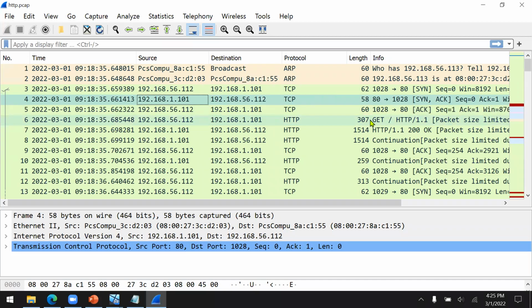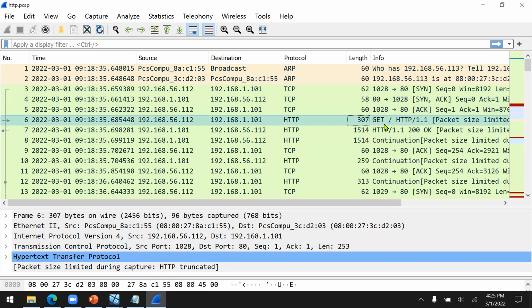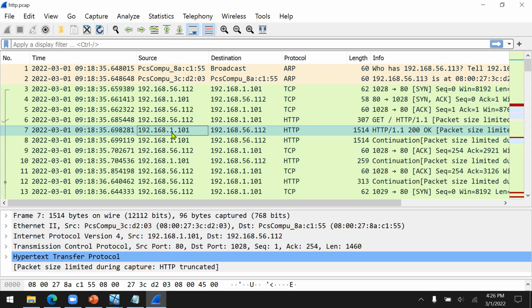I'm going to send you a request. Okay, this is my request: get everything from your document root using protocol HTTP/1.1. This comes from the client to the server. And then the server will send a response.